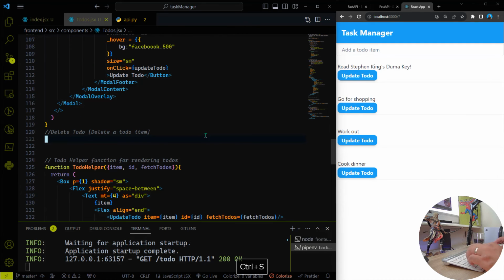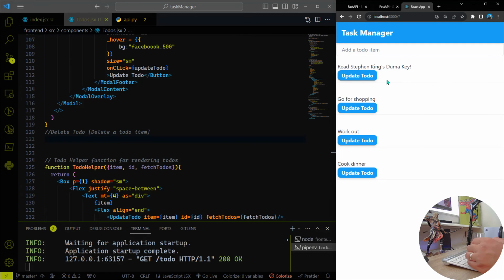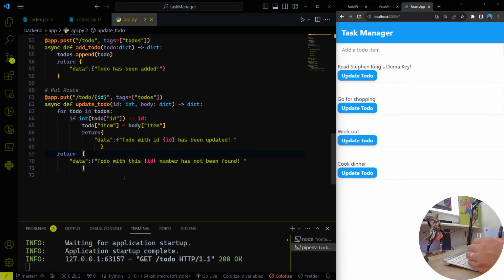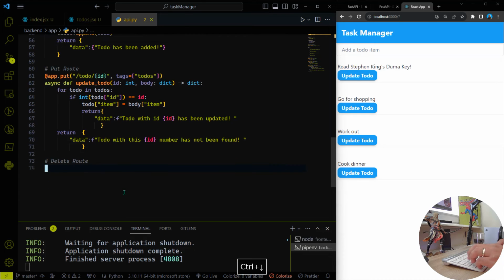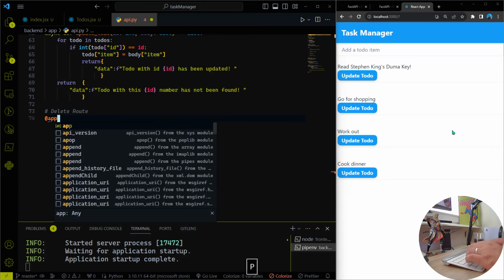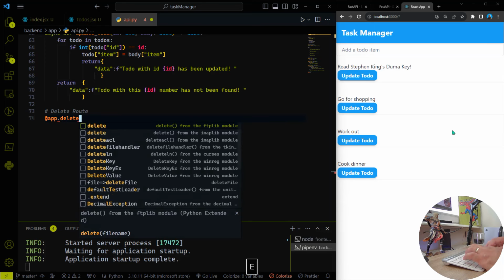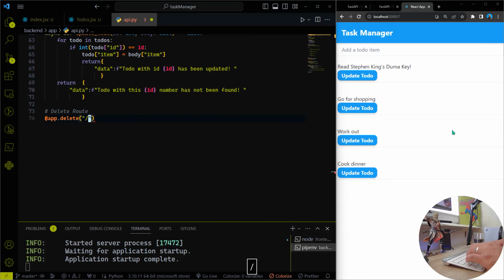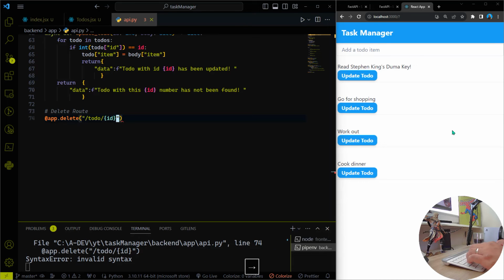All right, so last but not least, we will need to add the delete button. So you see that the hover is working perfectly. We will need just to add a delete to do button next to the update to do. So first let's go as always to the backend and add the delete route. And the delete route, as always, we will have a decorator delete on to do of the ID inside